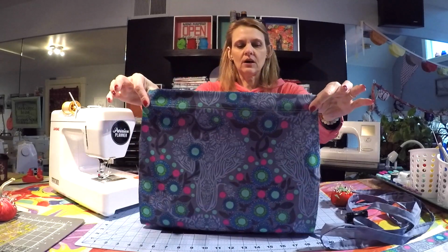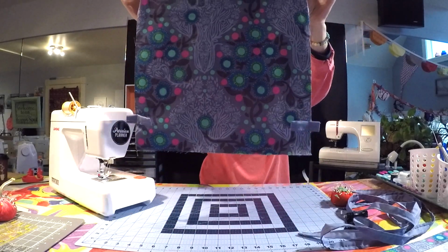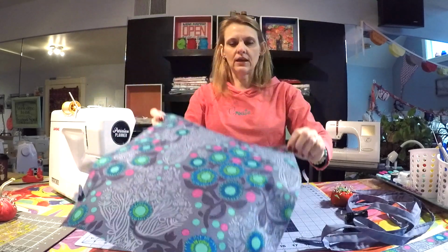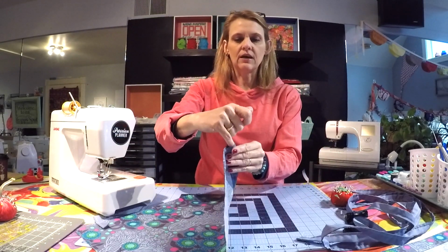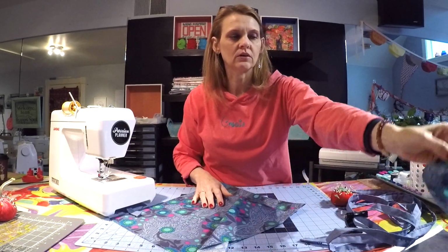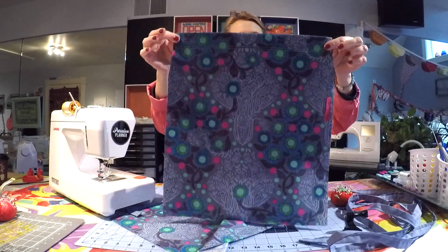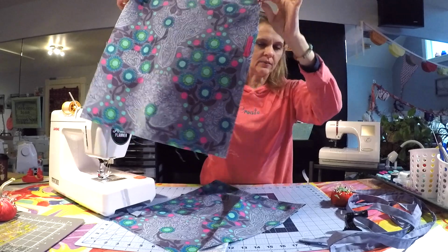I've made it across there. So on this first panel, I have my tabs at the bottom and my hem at the top. The sides of that hem remain open because that's the gusset to feed the drawstring through. You're going to repeat that process with the second panel, but you can omit the tabs because we only need